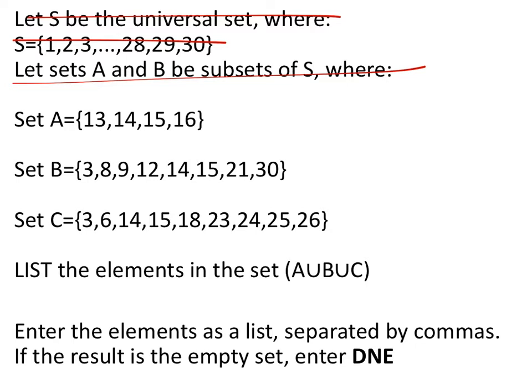But we want elements in the set for A union B union C, which means it has to have the values. If it's in one of the sets, then it's in the union, okay? Even if it's listed twice. So the lowest value I see is 3, then 6, 8, 9,